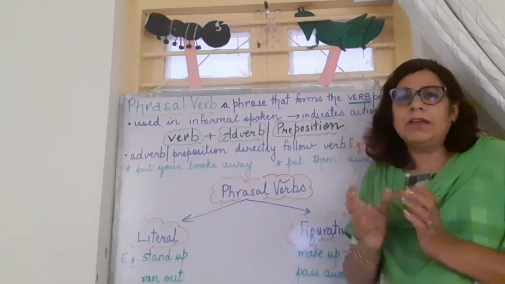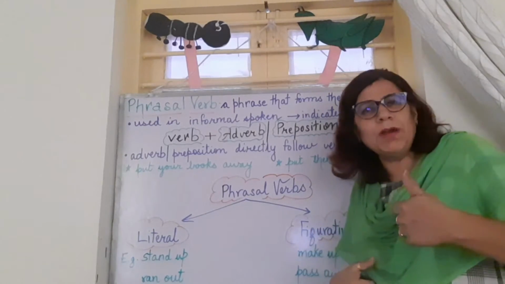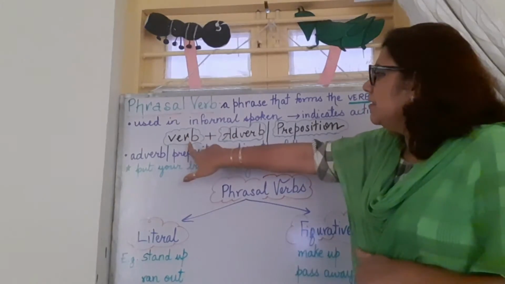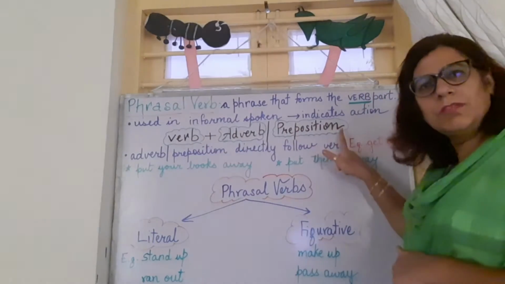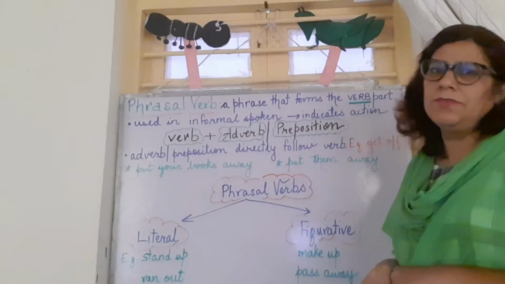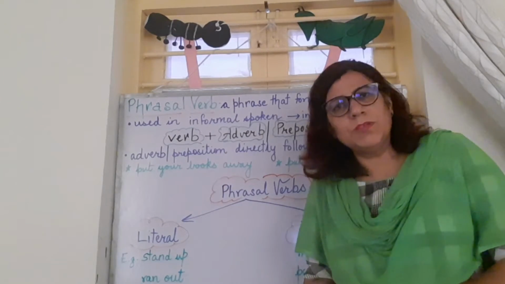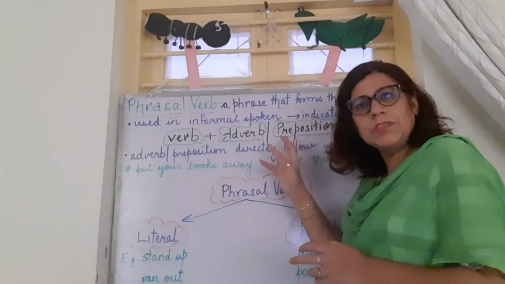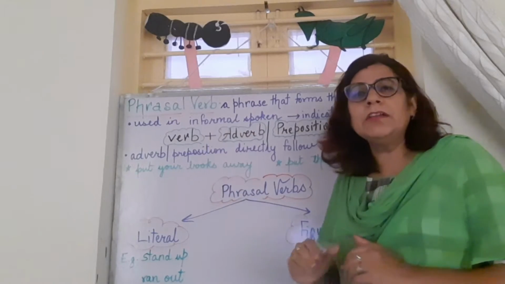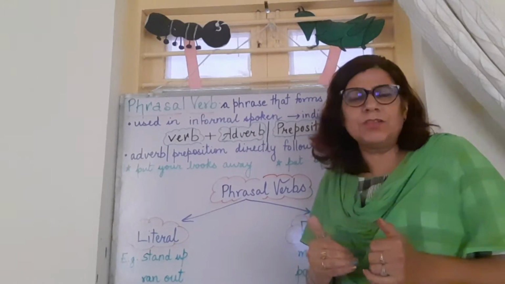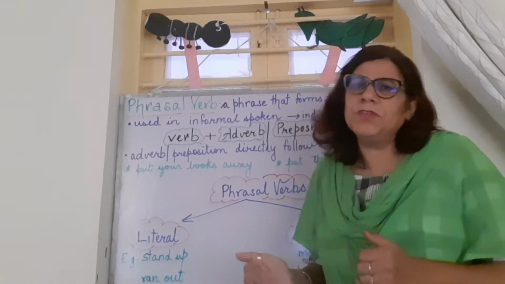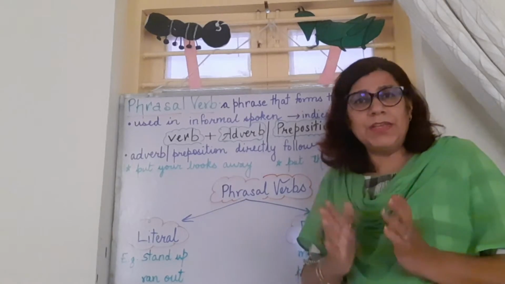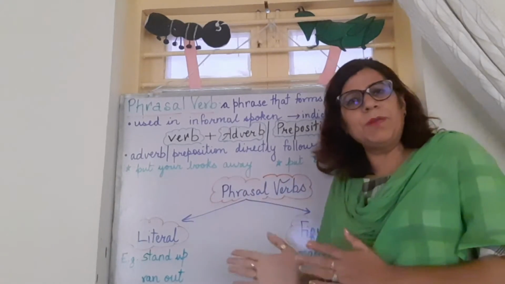A phrasal verb has two parts. First is the verb part of the sentence, and second is an adverb or a preposition. The verb plus adverb or preposition makes the phrasal verb. How to form a phrasal verb? Generally we put the adverb or the preposition just after the verb. Like put off. Here put is the action word and off is the second part of the phrasal verb. Take away, put away, break down. Here break is the action and down becomes the second part.